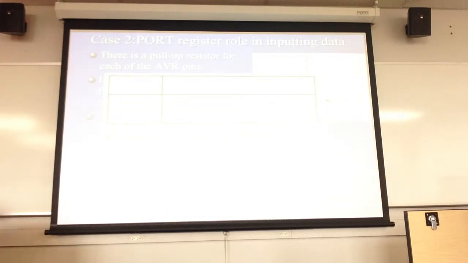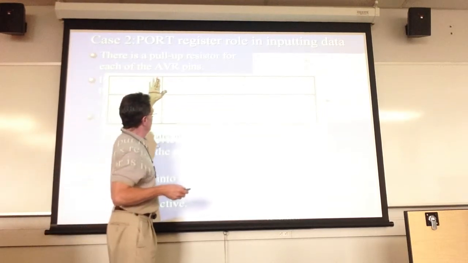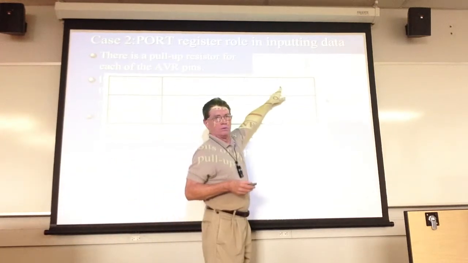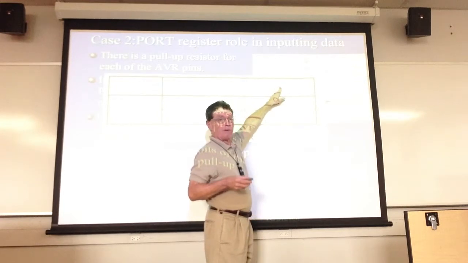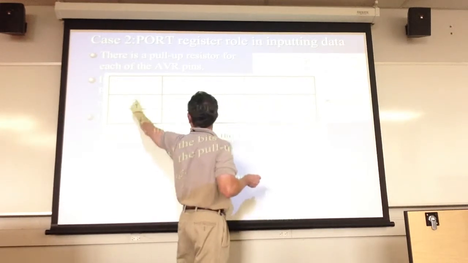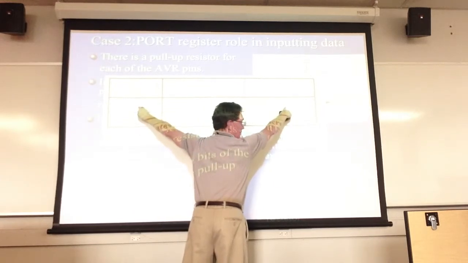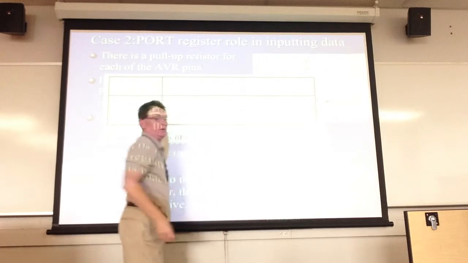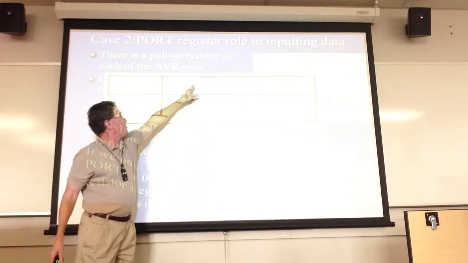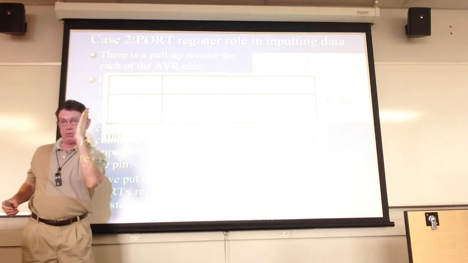And here's effectively what you have. You have PORT X here and DDRX. If the data direction register is set equal to 1, so therefore I'm outputting stuff, if my PORT X happens to be a 0, I'm going to output a 0. It's going to be ground. If PORT X happens to be a 1, I'm going to output a 1. If the data direction register is a 0, I'm in a high impedance state unless I activate the pull-up resistors,